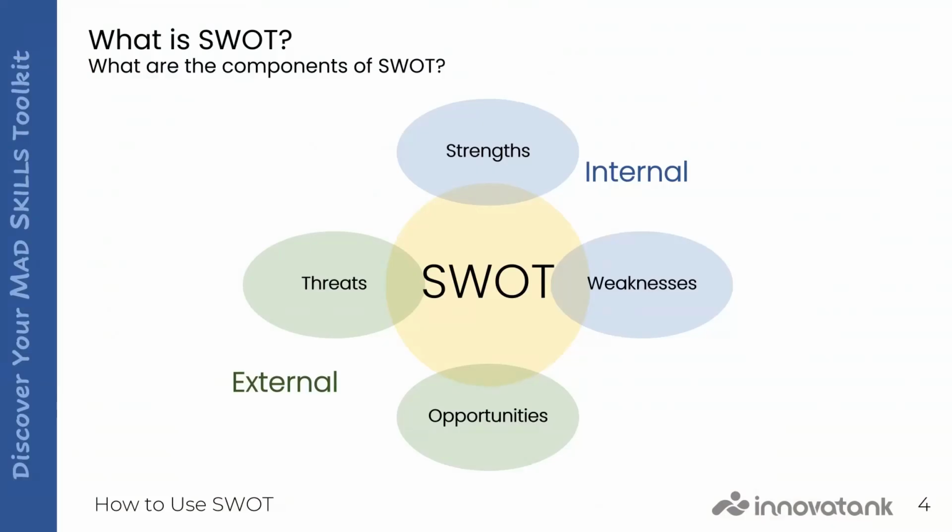Strengths and weaknesses are internal. Opportunities and threats are external. That's the easy part. The problem starts when teams just list everything they can think of and call it a day. That's not analysis. That's a data dump. Judges see it immediately, but it adds zero value to your story.